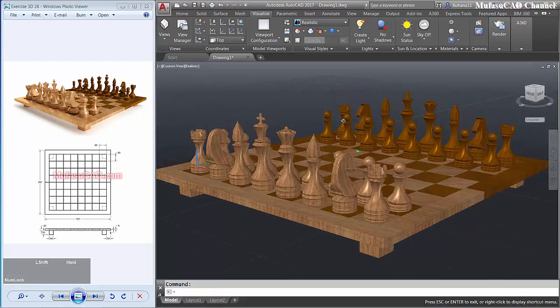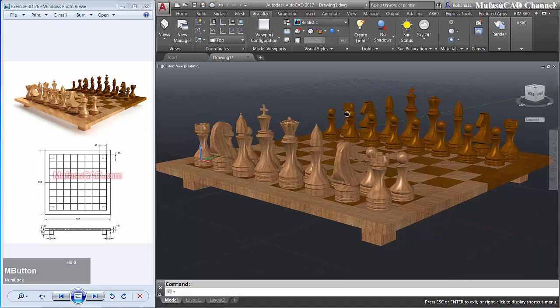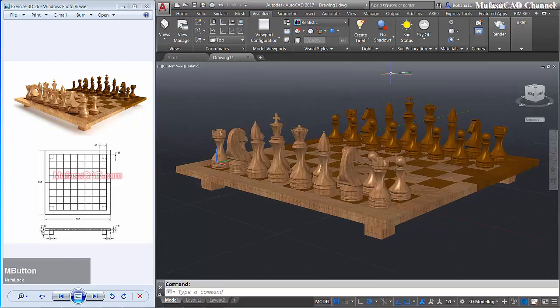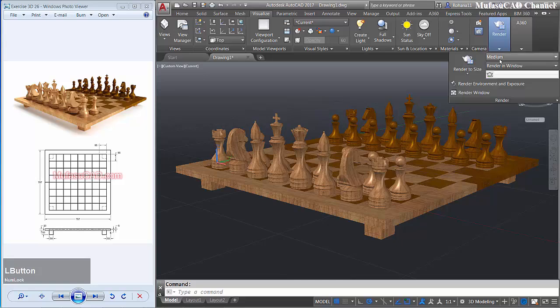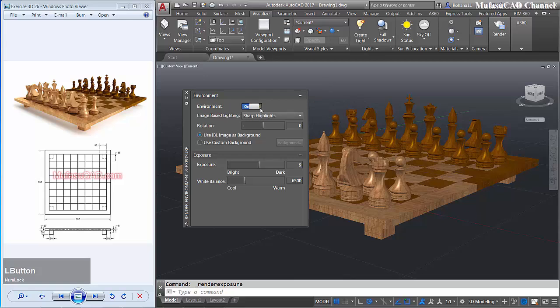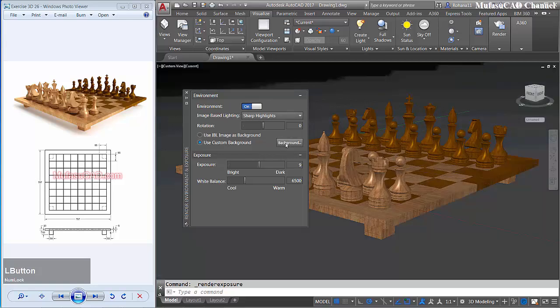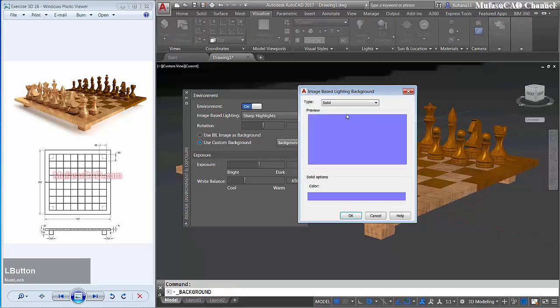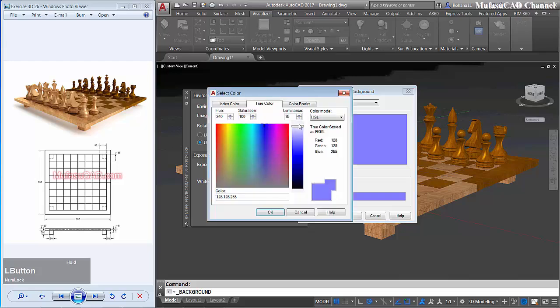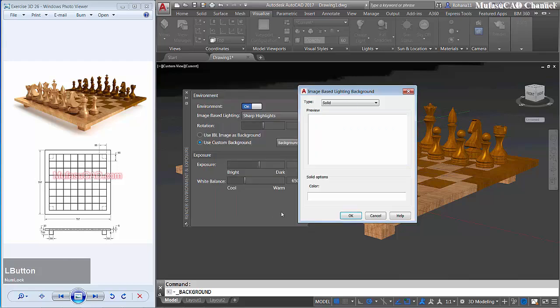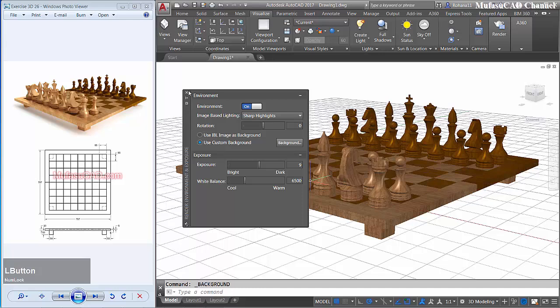Okay, and then I will activate full shadow, and then activate high render, activate environment, this background into solid and white. Okay, and close.